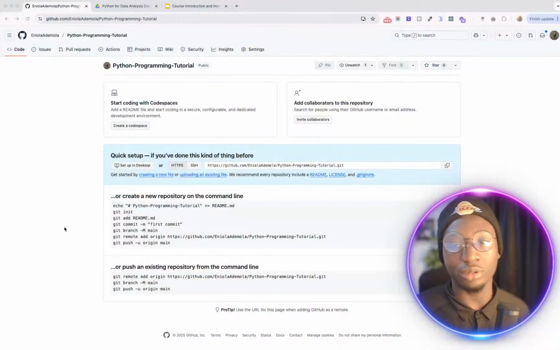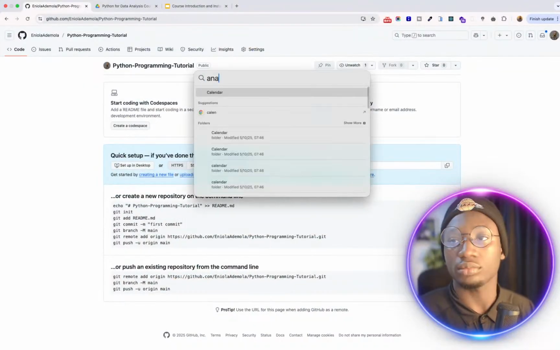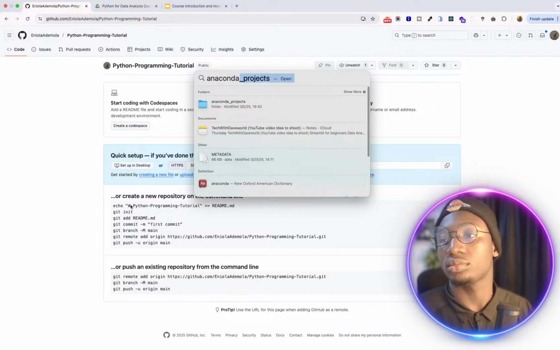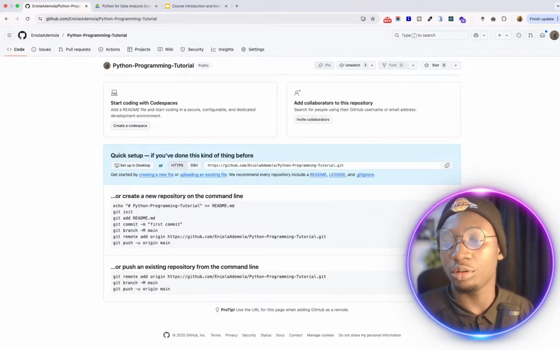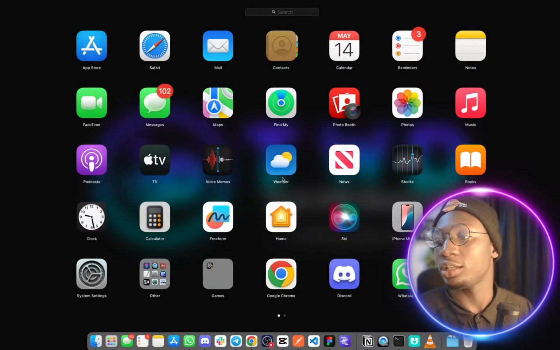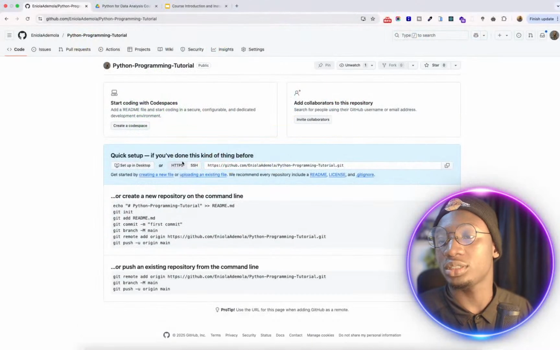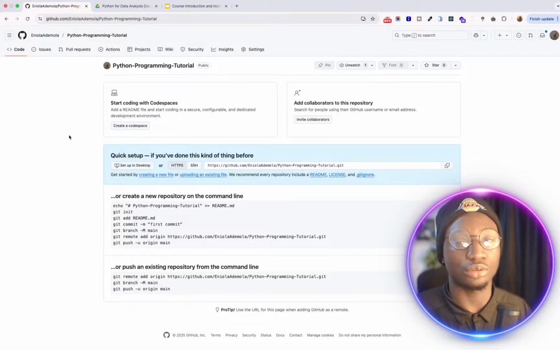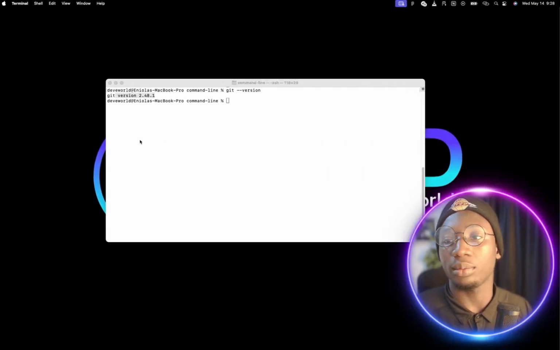All right. So quickly, let's go ahead to open our Anaconda. Let's open our Anaconda. Okay, let me go ahead to open my file. I'm going to open this from my applications. All right. So we're going to wait for it to load. And while that is loading,